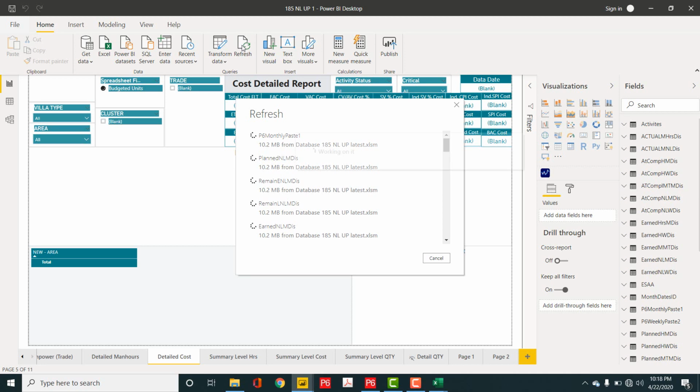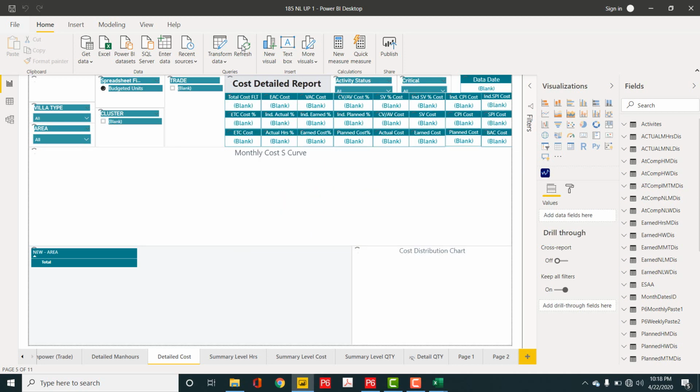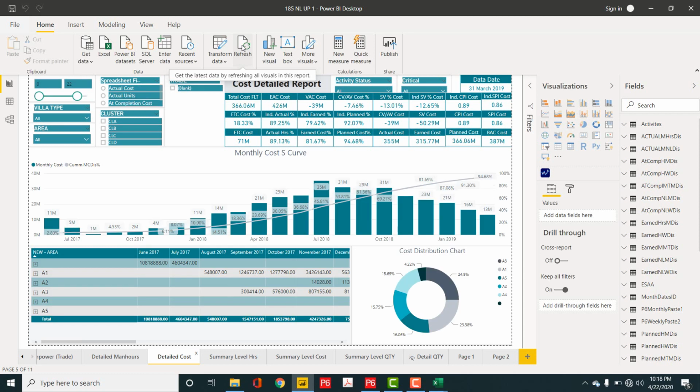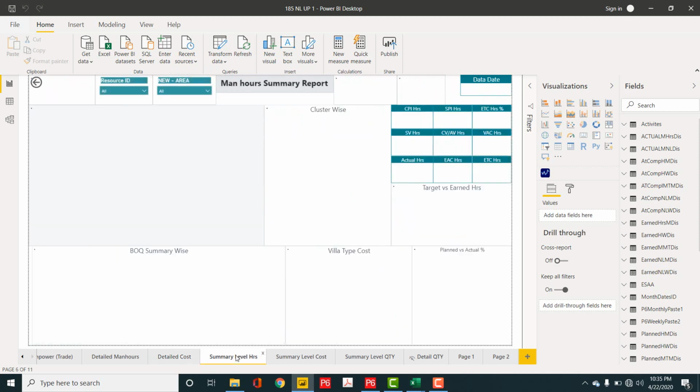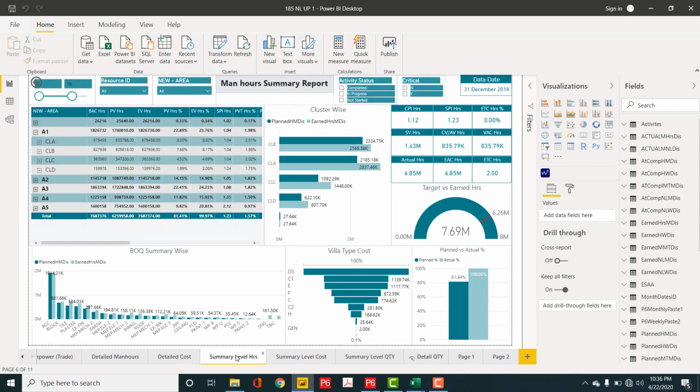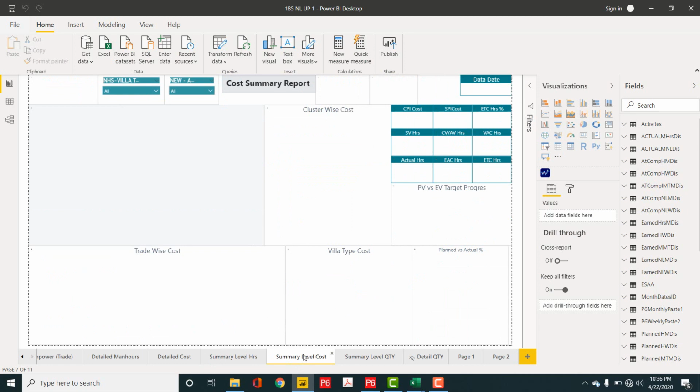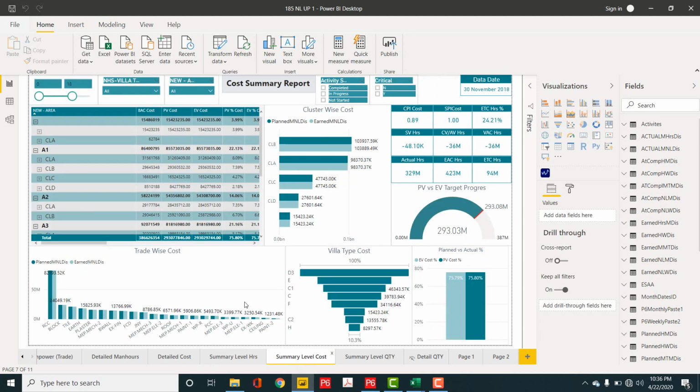It requires the knowledge of M language, DAX language, macros. But once you have made your report, it will be general and you just need to copy paste data here and there and all your reports and things will be done. So now you will see my data will be coming here. Yeah, you can see here now. I just click refresh and all the data is here. So guys, we can see in the other sheets as well, the data is updated. So just by clicking refresh, we know that now data is updated in all the sheets.